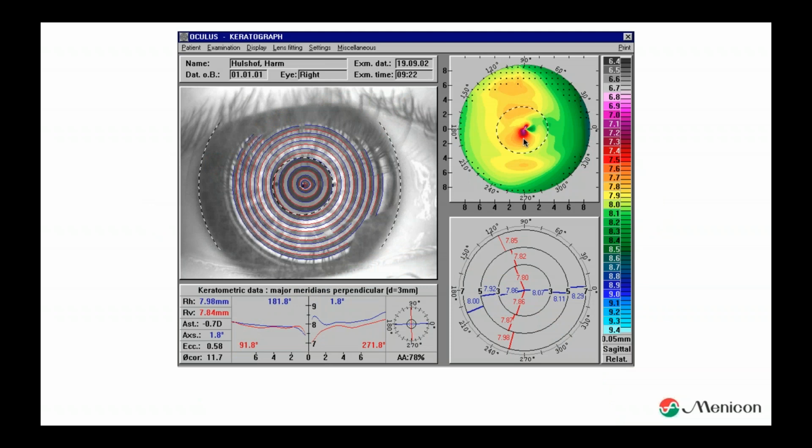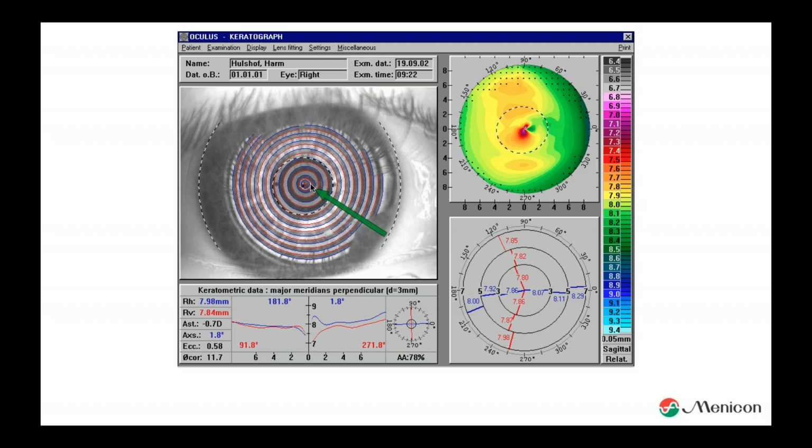And a good example of that is this. This is from an Oculus topographer, and what you see in the center is wrong. You see it's a relatively flat eye, but in the center part, it's steep. Well, then you can think, okay, whoa, it's a kind of nipple cone. It is not. It's just a mistake made by the topographer. Because in the center, there's the measuring device. In the center, honestly, is the camera as well.